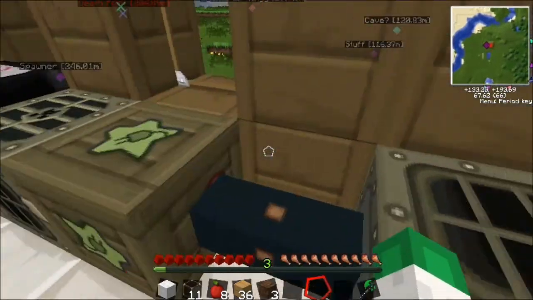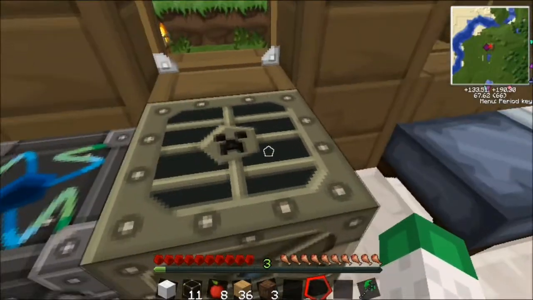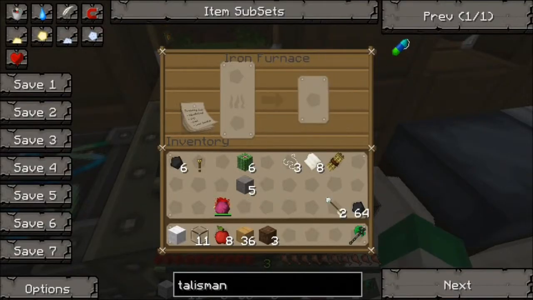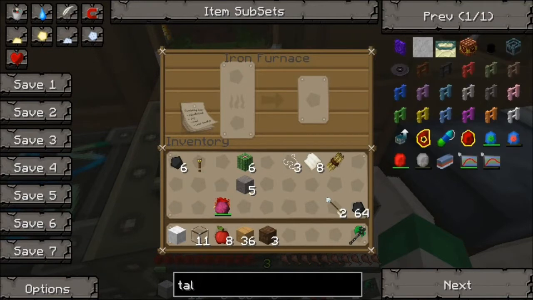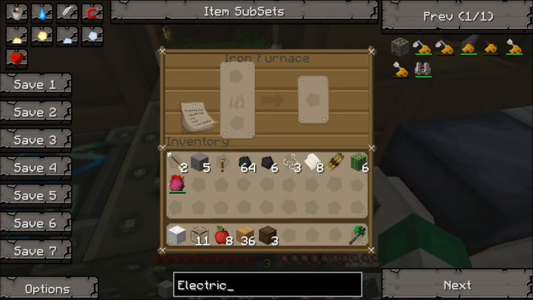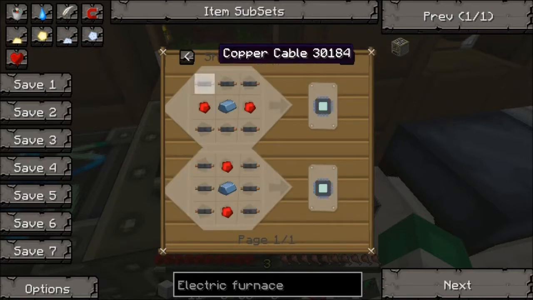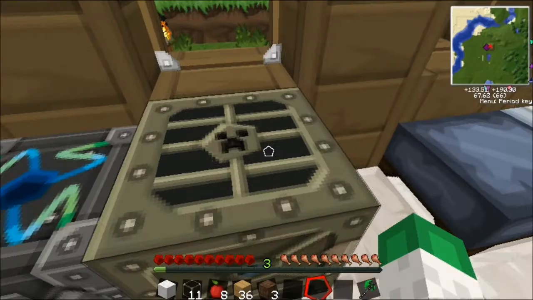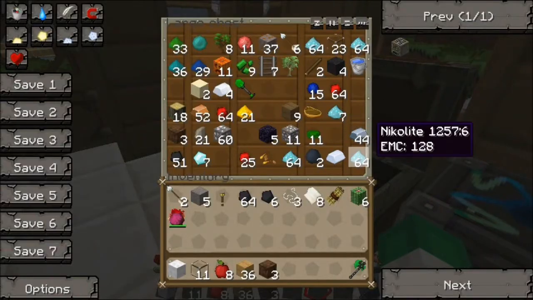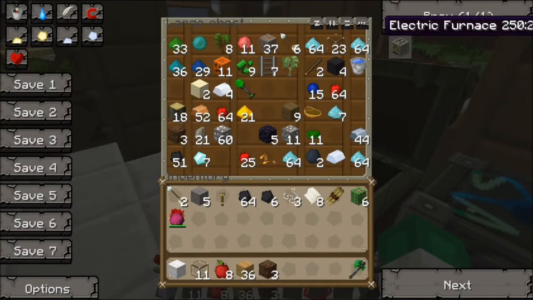Well, we've got this episode done, I think, or unless we should get an electric-ness. I'll show you how to make an electric furnace. Okay, electronic circuit. This is easy. Find iron. So we need find iron. Electric furnace. For that we need